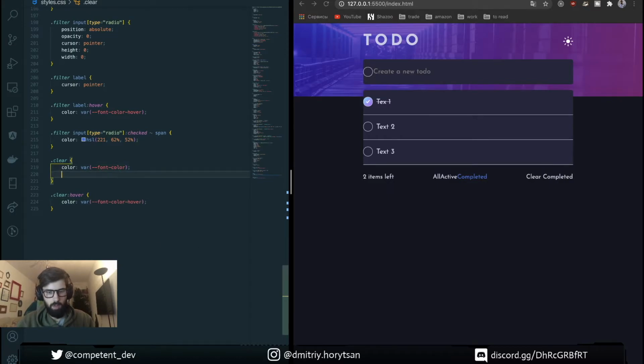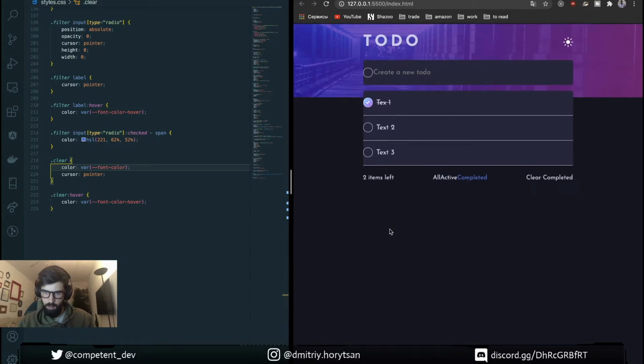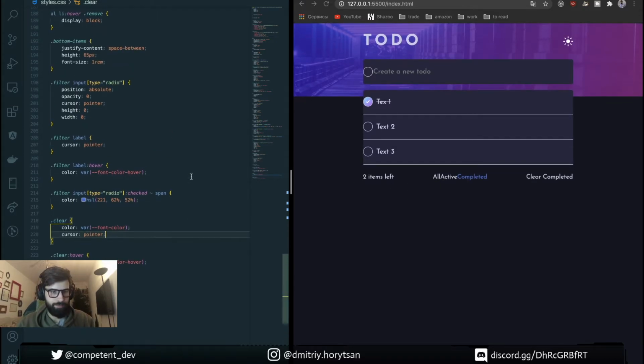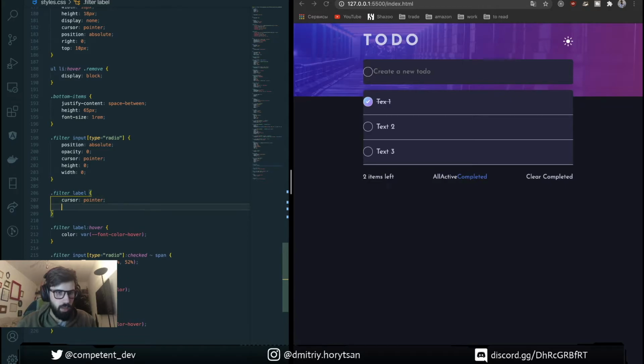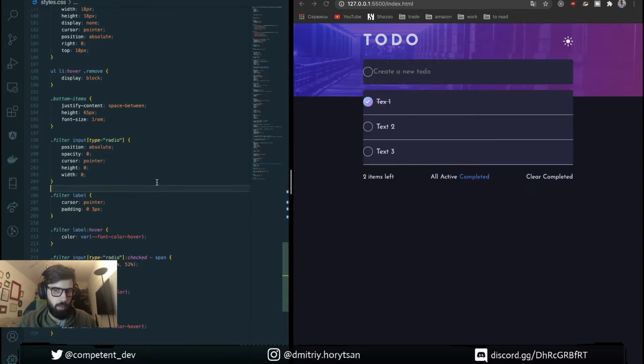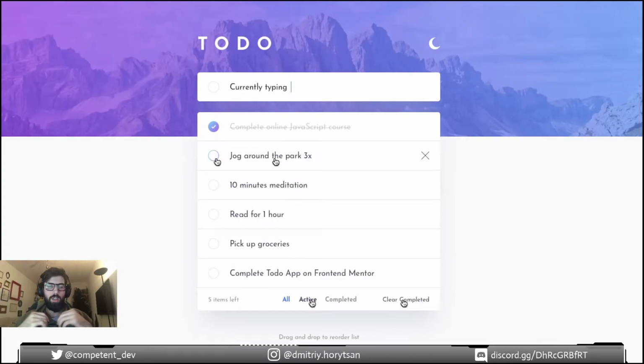And cursor pointer. Okay, seems we can start working on our JavaScript, but let's add here some better paddings.